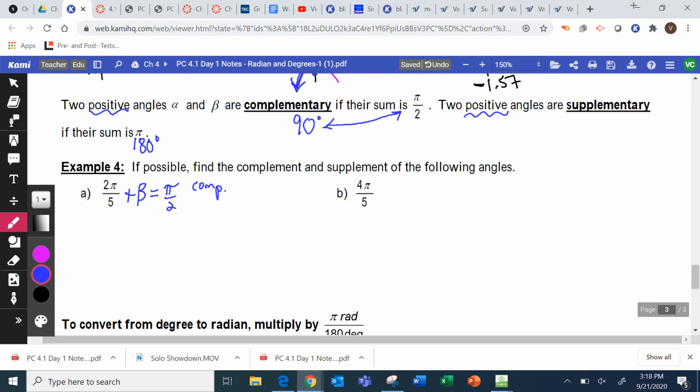So we're going to solve for beta. We're just going to take pi over 2 and subtract 2 pi over 5. I need common denominators. So 5 pi over 10 minus 4 pi over 10 is 1 pi over 10, or just pi over 10. So that is the complement. And then we're going to do the supplement, which is